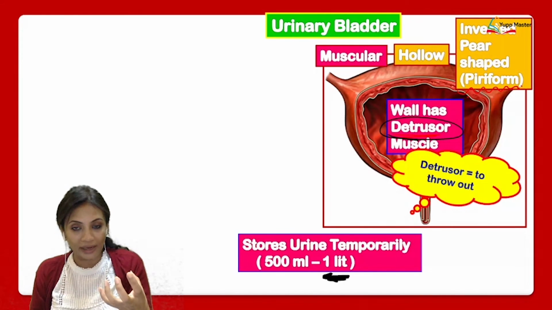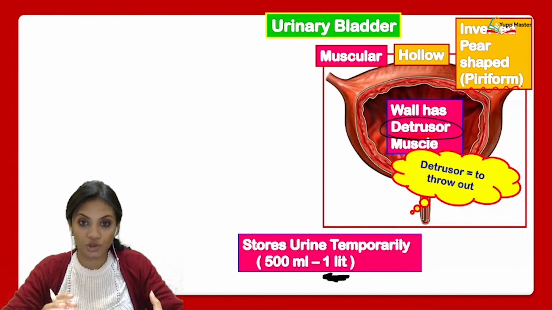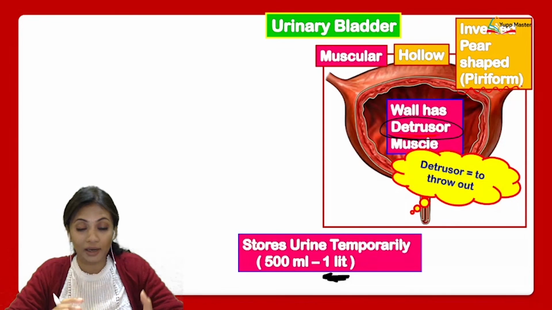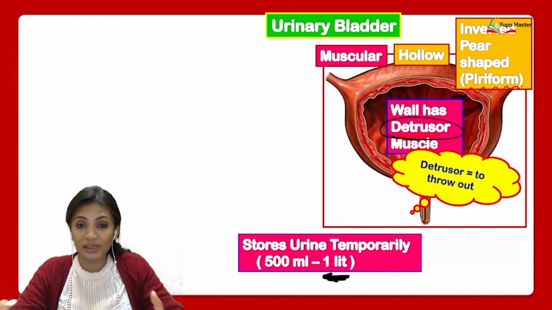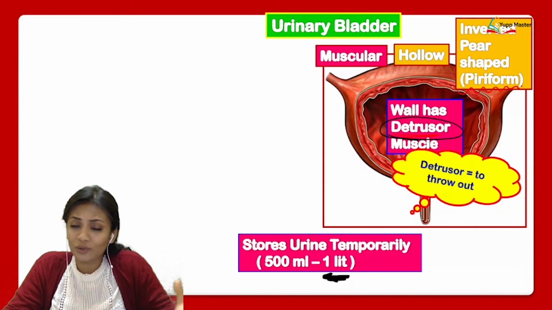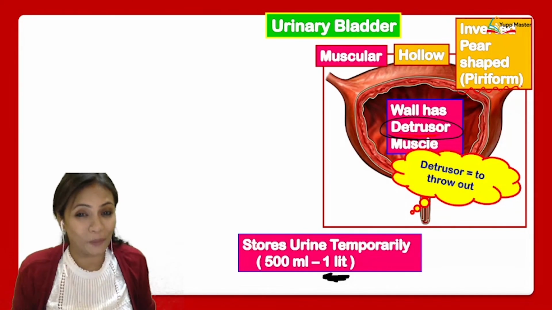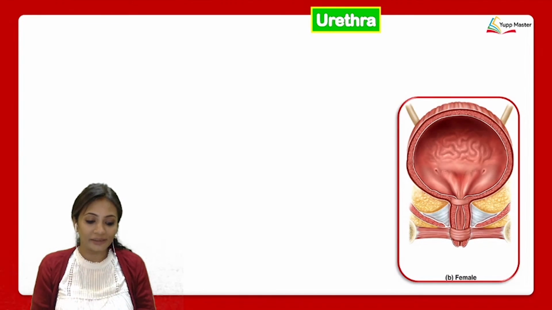If you take that bladder out of the human body and fill in water, then you're actually going to be able to fill in 1 liter of water into that bladder. But technically, is this possible in your daily activities? Not at all. Just think about it. Did you ever go to the washroom and pee out 1 liter of urine? That's not possible, is it? Alright, so now after the urinary bladder,